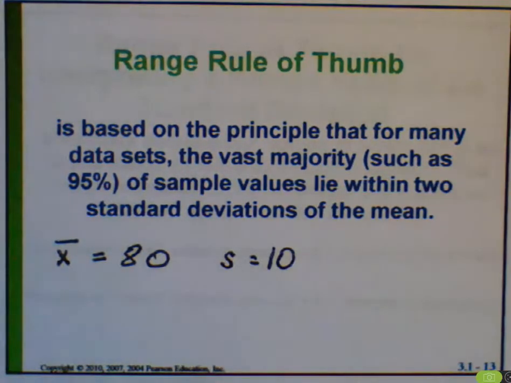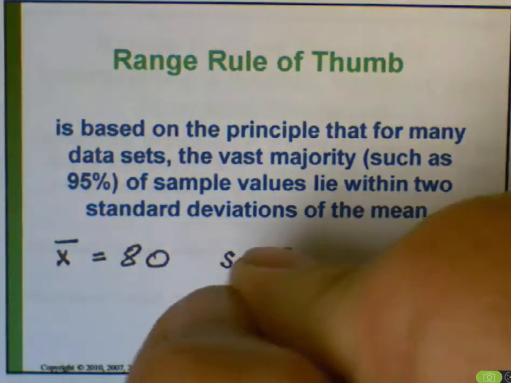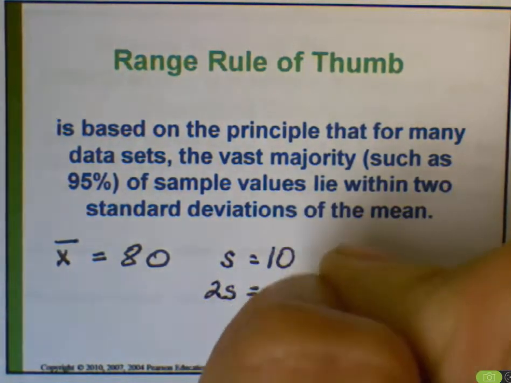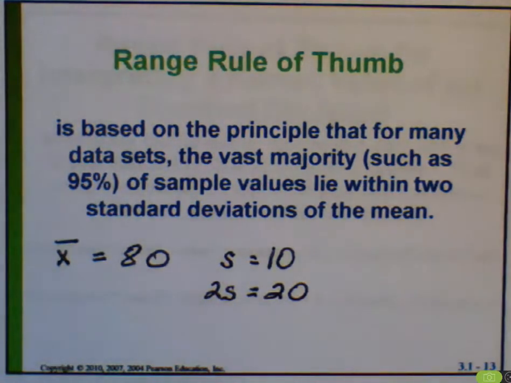If one standard deviation is 10, then what would the value of two standard deviations be? Well, two standard deviations would be 20. And what the range rule of thumb is saying is that 95% of test scores would lie within 20 points